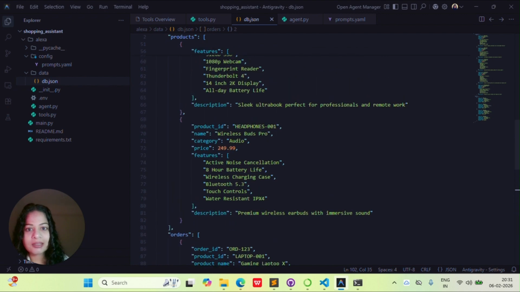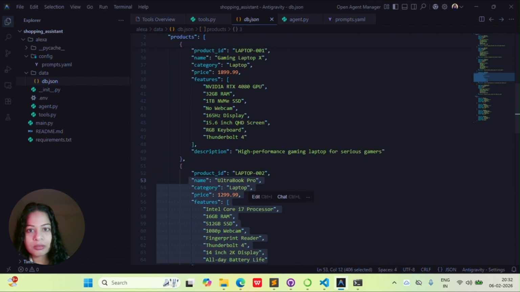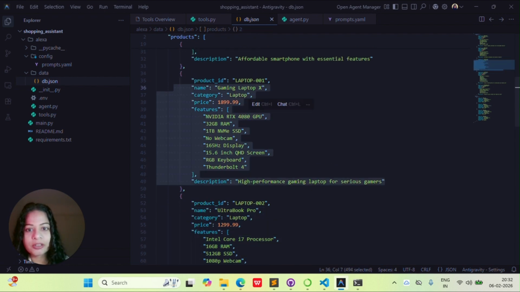Now let me ask something about maybe a product feature. So just look at this laptop. It has a fingerprint reader, webcam, etc. Let's go to something else. Okay, let's check this. So this laptop, for example, does not have a webcam. So let me ask,